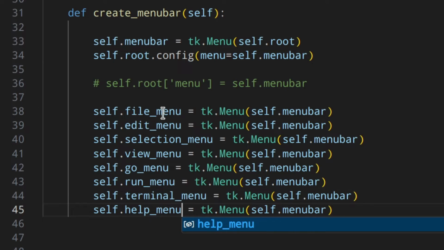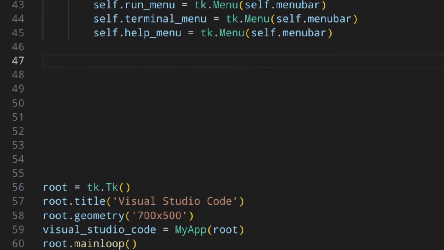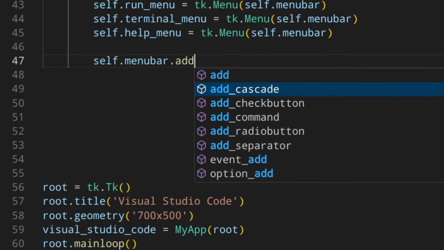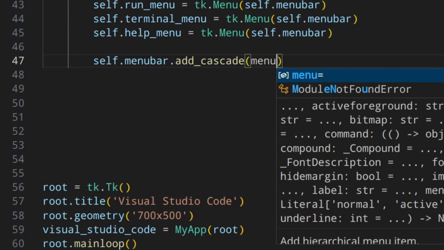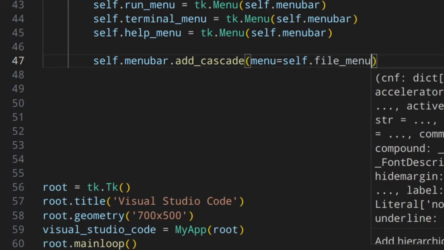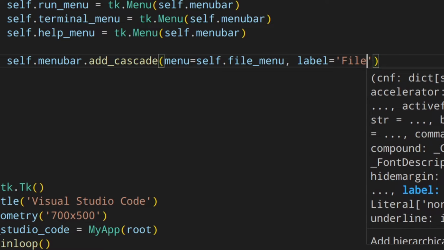And now that we've got the menus, we can add those to the menu bar because otherwise we wouldn't see them. So we're going to do that using add_cascade. self.menu_bar.add_cascade. We need to specify the menu. So the first menu is going to be self.file_menu, and then the label is going to be File. Okay.